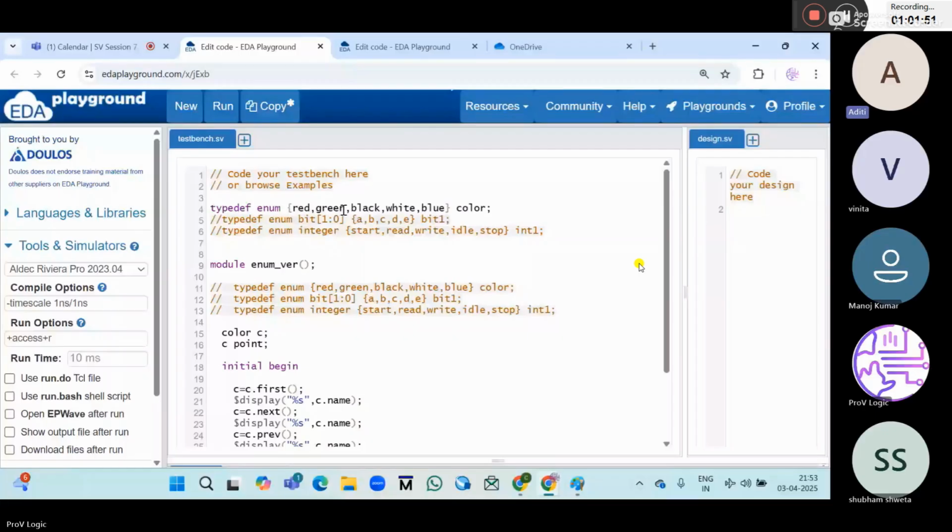Directly we cannot assign green. Maybe in that case, you can check, because green is internal numbers, right? That is only for enum, that can be understood here itself. But if you assign green means